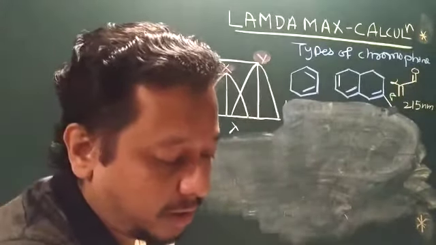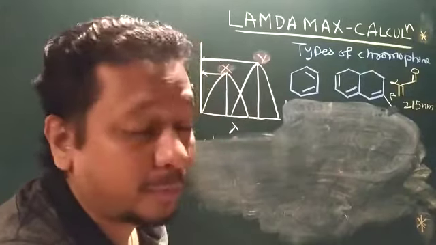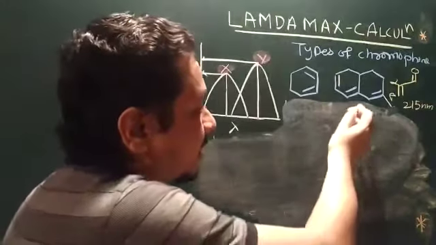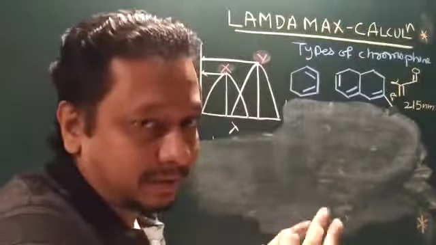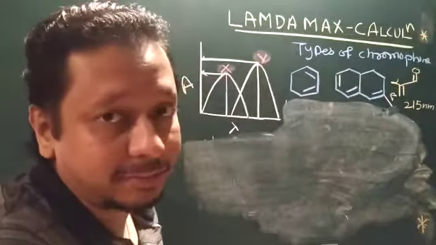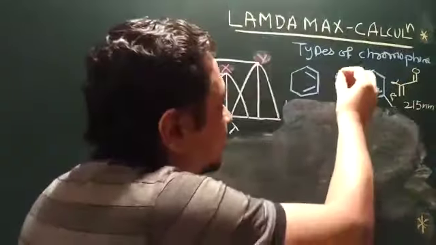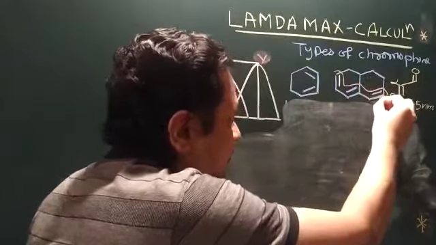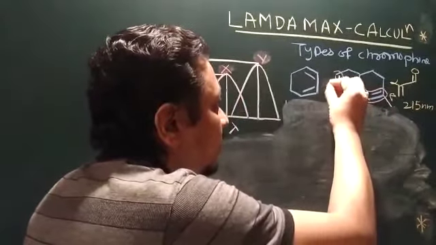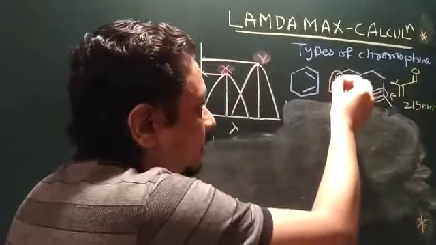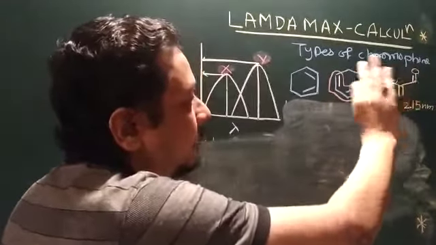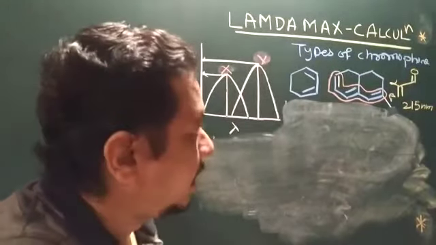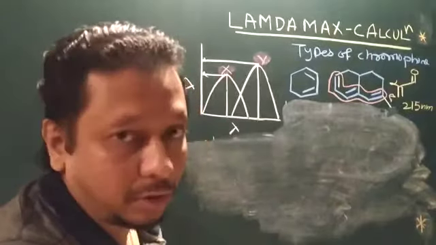Okay, so normally if you have a homo and hetero both present in the compound, what is the difference? Before I explain the homo and heteroannular, if it is present, the first step is you have to circle the conjugation. And remember, conjugation means alternate double bond: double, single, double. Then I stop over there, because where double bonds end, there is an end of conjugation, okay, and in between two double bonds there is always a single bond, right?